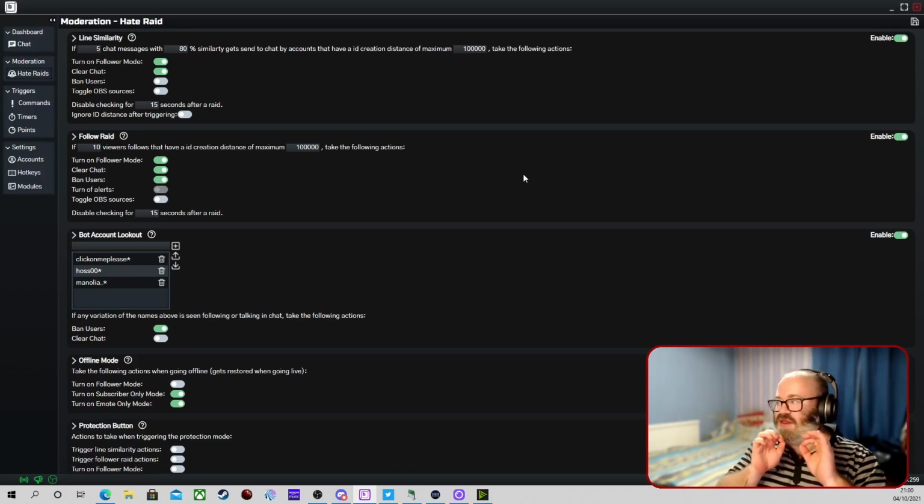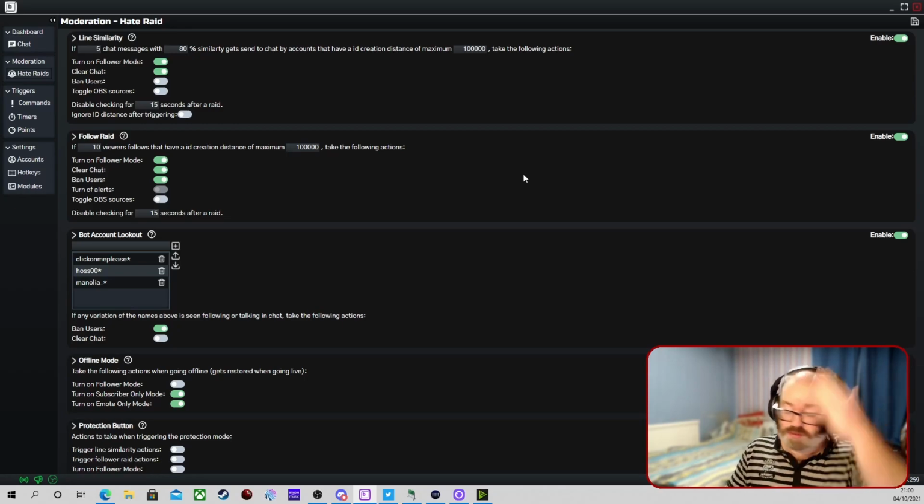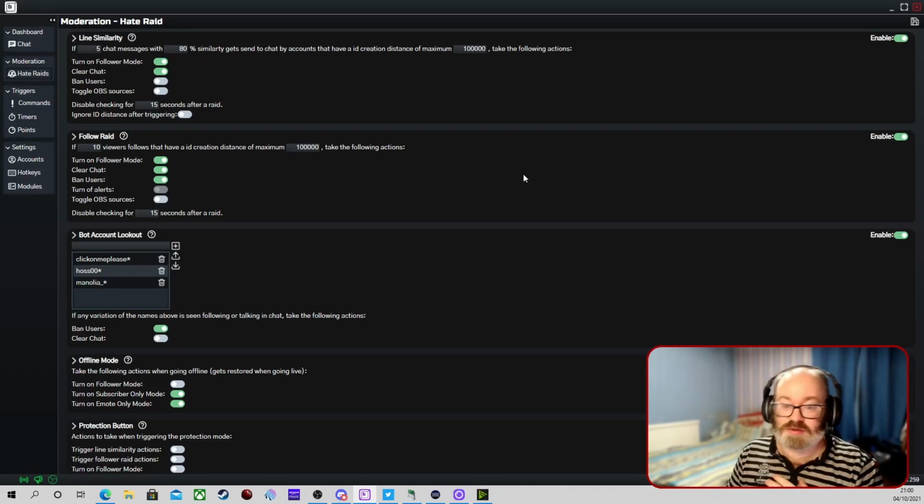Honestly, this is what we need as streamers. The protection. There are obviously other bots out there and different bits, but I just love the moderation tools that you get with BikuBot. At the moment, touch wood. Well, I've not experienced too much. I probably will now I've said this, but